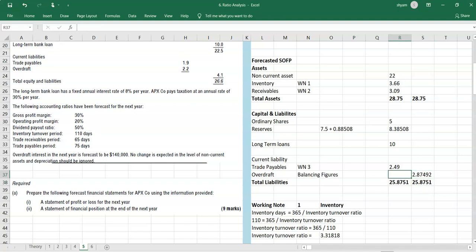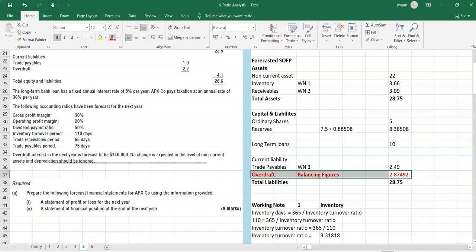So we can say that 2.87492 is the balancing figure. Okay, so what we'll do is we'll mark it in a different color so that it's quite visible. So this is a 10 mark question here,